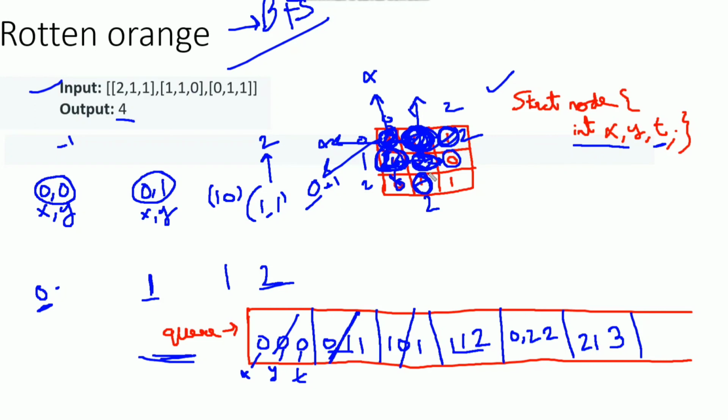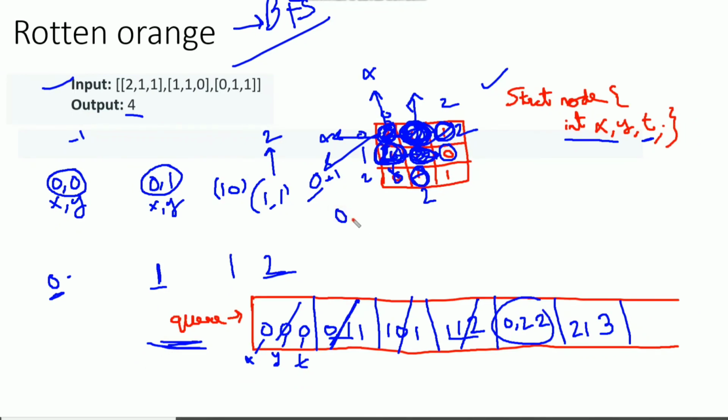Okay, so we have explored this cell location. Now we have explored 1 comma 1 comma 2. Next we need to pop the queue. While popping, we get 0 comma 2 as the xy value and 2 as the time. We need to explore its adjacent cells. From 0 comma 2, we can move up, but that crosses the boundary, so we return back.